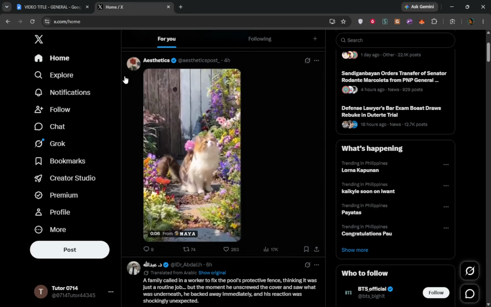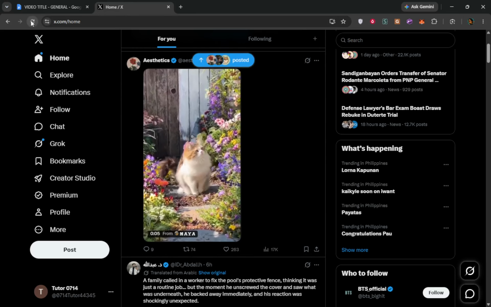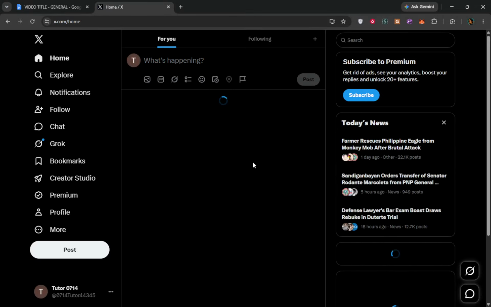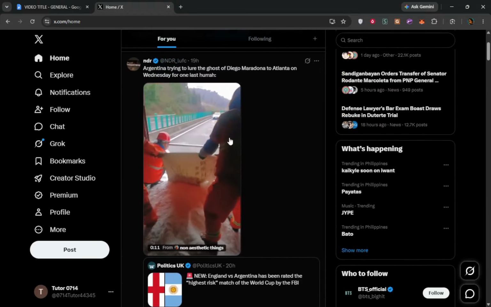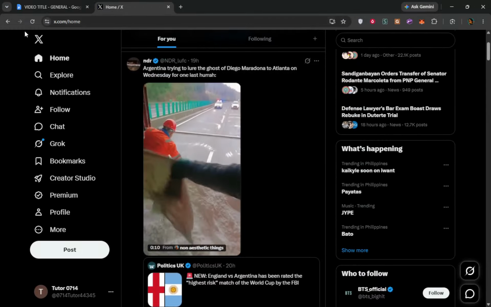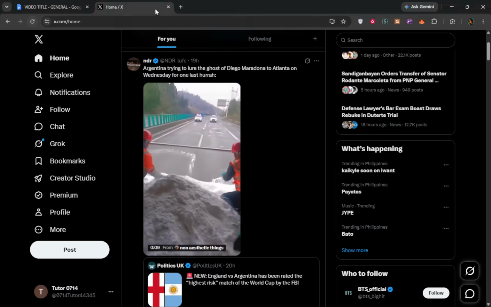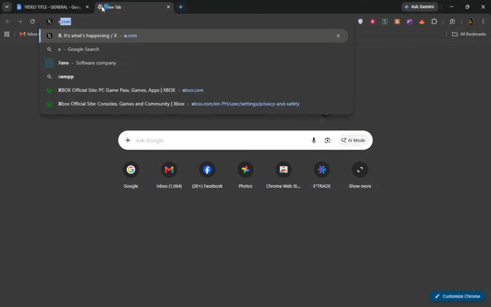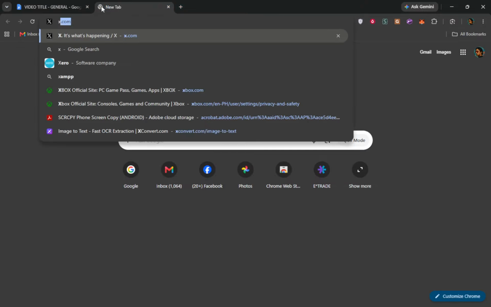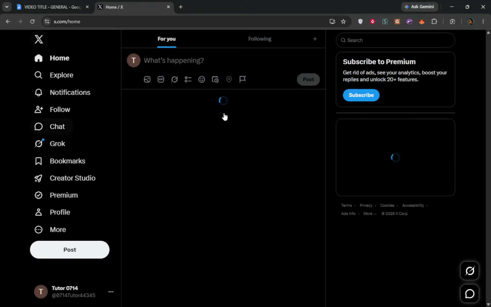You can do this by tapping the app's icon on your device or clicking the refresh button in your web browser. This action helps reset the app or page and can clear temporary glitches. Many users find that this quick fix resolves various minor issues. You might see the app or website load more smoothly afterward. This step is crucial because it prepares the platform to function correctly, which is essential for the following actions.